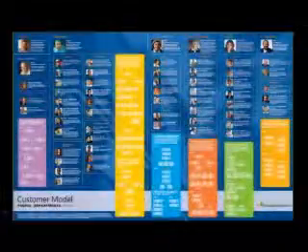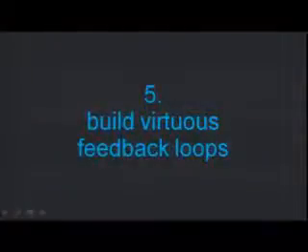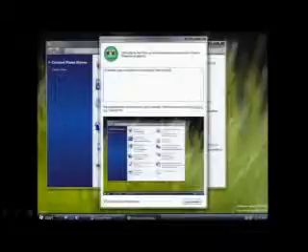We build models of not just human behavior, but models of organization, a different kind of model. We believe in another principle of building virtuous feedback loops. Here's an example. When you get a piece of beta software, in this case Windows, on the bottom right-hand side of the screen you might see a little red frowny face and a green smiley face. If you have a good experience, you can click the green smiley face, and then send back comments saying, hey, this is working well for me, this feature you're thinking of works well.